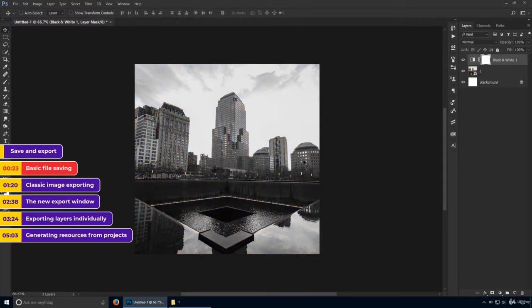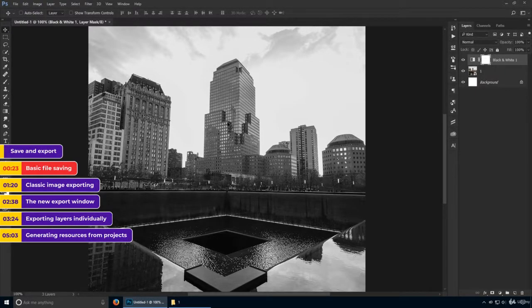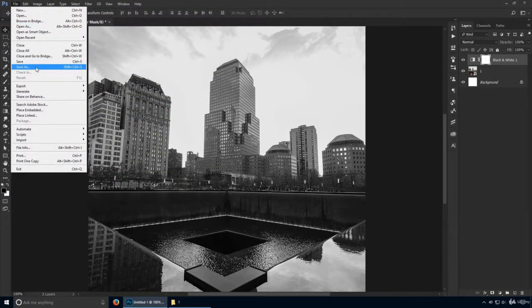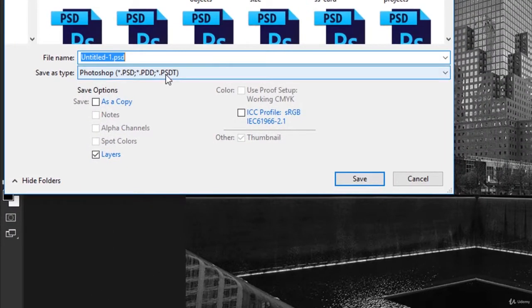Okay, say I'm happy with my progress. Let's save this project with Ctrl S. Alternatively, you can use File, Save As. I'll be asked to give it a name, but notice the layer type, .psd. That's because we're saving the source file. That's an important distinction. So we're not exporting our work in a format that can be uploaded on Facebook or